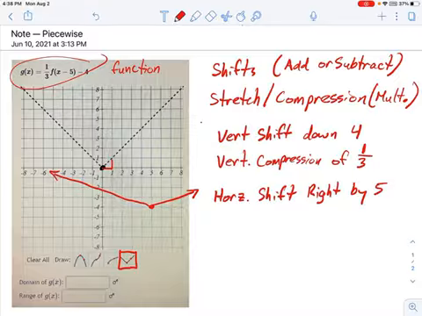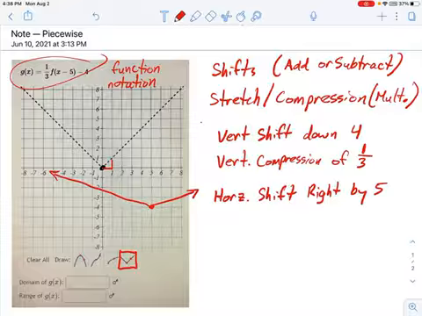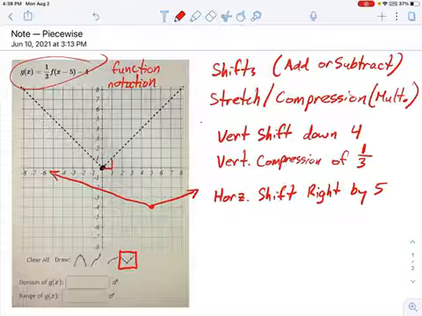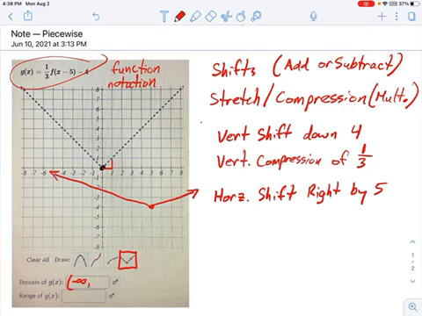So we're asked a couple more things about this problem, domain and range. You should be a pro at domain and range by now, but you just look at the transformed function and say, what's the lowest x value? Well, that's -infinity, and the highest x value is +infinity. And the range, you see the lowest y value is -4, because it's been shifted down. And the highest y value is infinity.